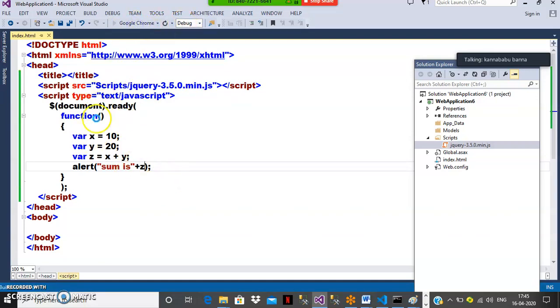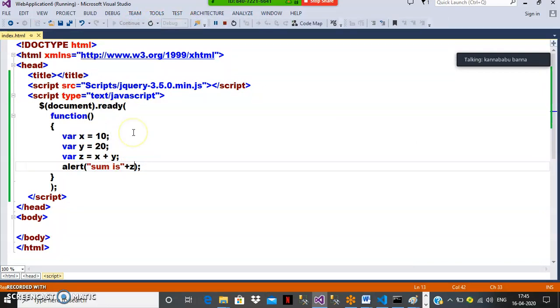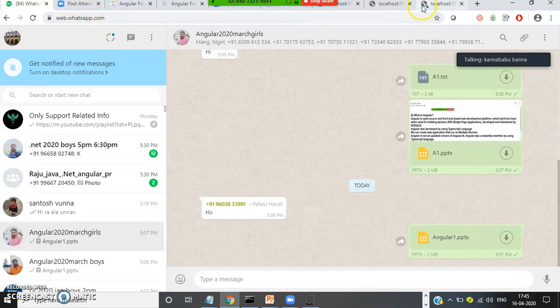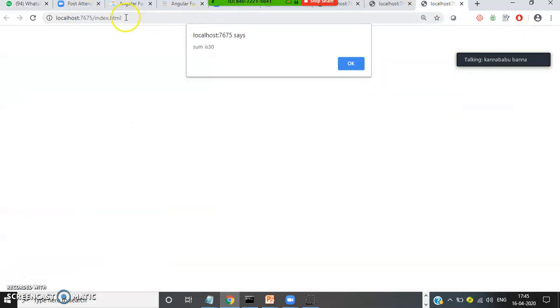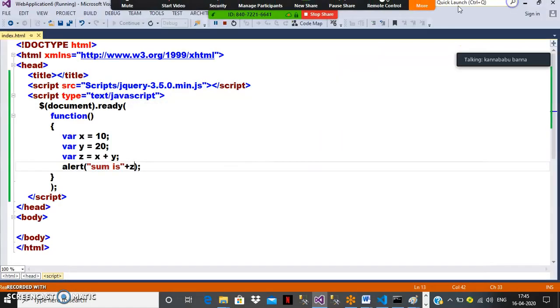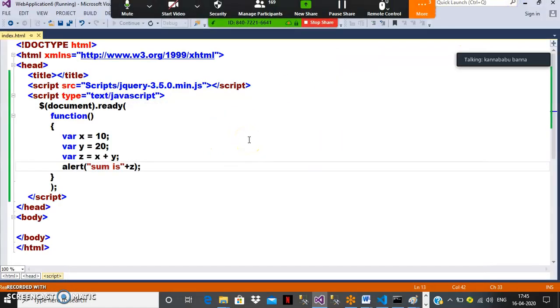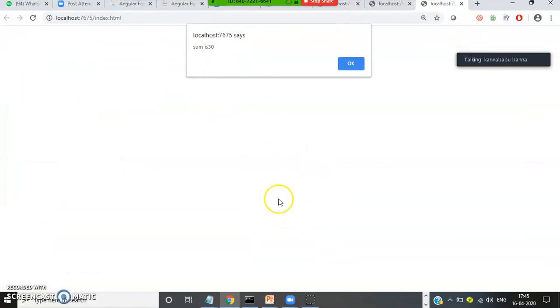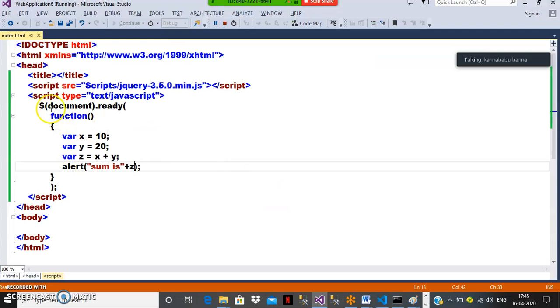Now by default I pressed F5. When I pressed F5, the request is going to the server, searching for this file index.html. Searching for index.html. Now index.html page will be loaded in where? The browser. When the index.html page is loaded in the browser, the document object is created, and then jQuery will automatically execute this document.ready. This document.ready will check whether the static DOM is ready or not. If the static DOM is ready, the code you have written inside this function will execute.